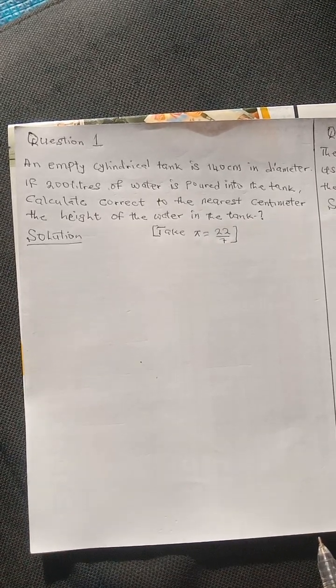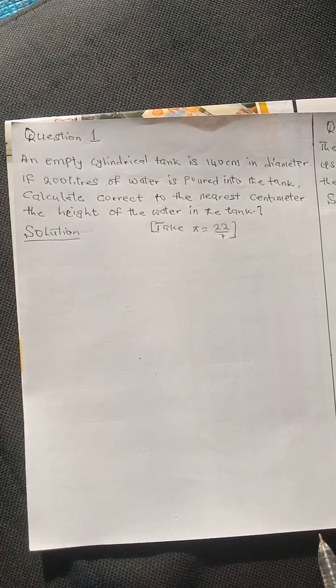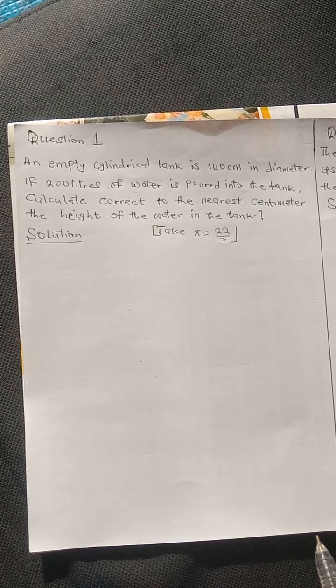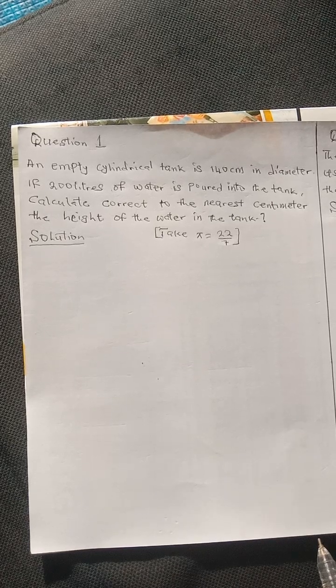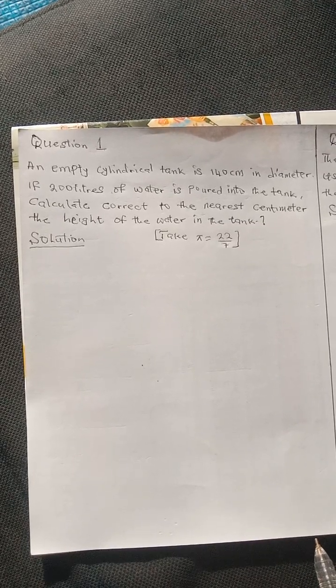So the question says, an empty cylindrical tank is 140 centimeter in diameter. If 200 liters of water is poured into the tank, calculate, correct to the nearest centimeter, the height of the water in the tank. So the first thing you do is